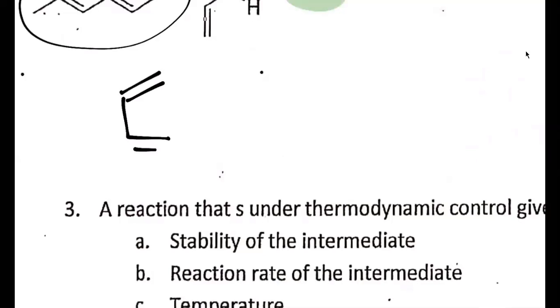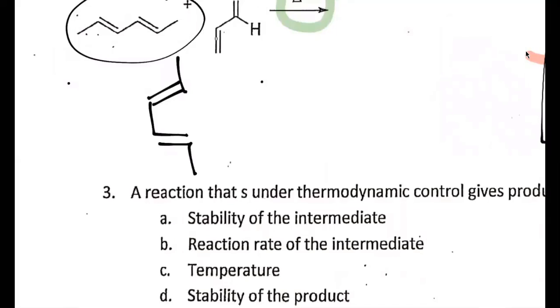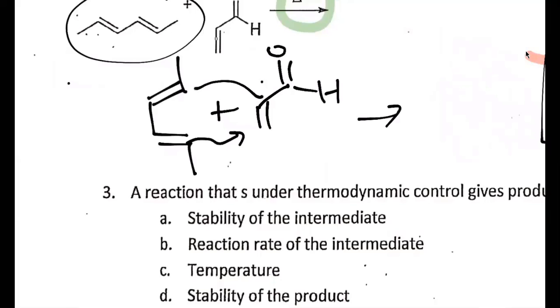And then those two methyl groups will be like so. So then when I take that and react it with this, I should get a product, right? I'll put the arrows in here, and then here, I should get a 6-member ring, and the 2 methyl groups are here, double bond here,